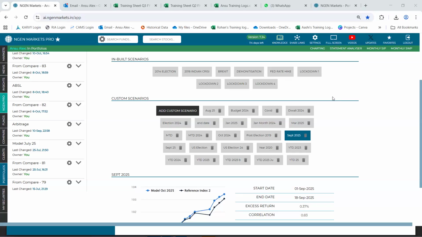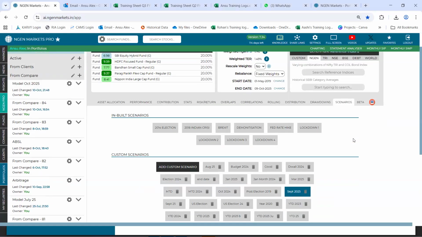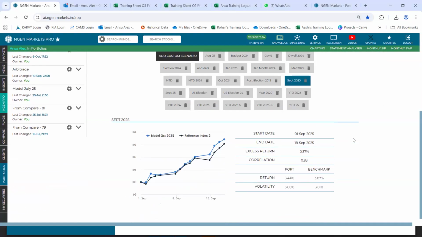Okay, so there's a question in the chat box. How do you use the scenario in analysis? So specifically, let's say you wish to see how did your portfolio perform maybe during the tariff scenario or maybe an election scenario or maybe a time period wherein the markets were volatile. The objective of this scenarios tab is rather than changing your entire portfolio start and end date, you get to create an internal scenario.